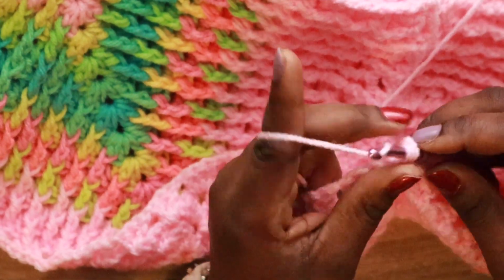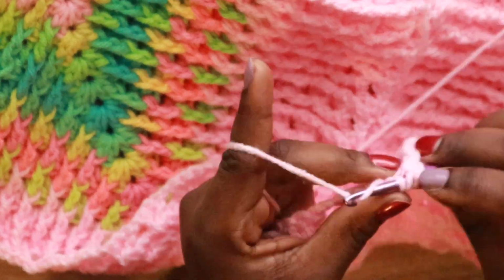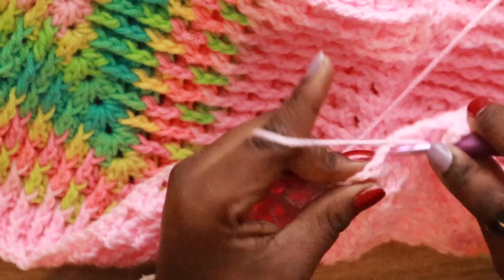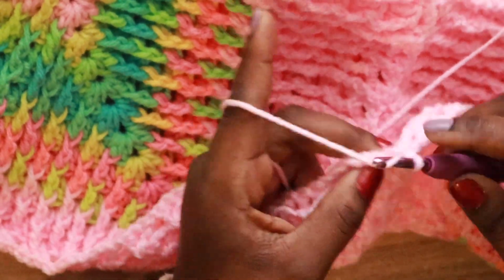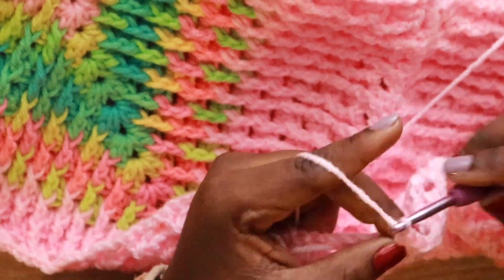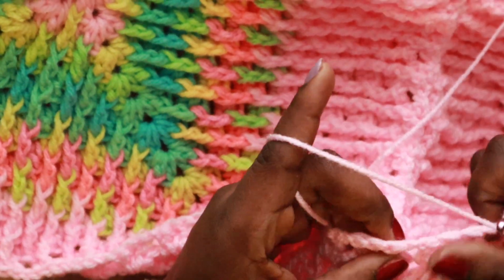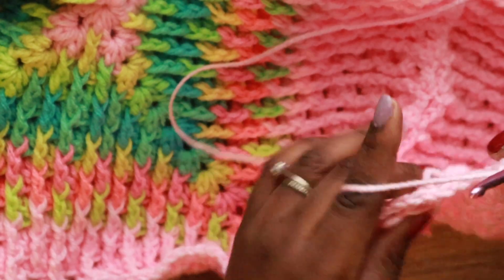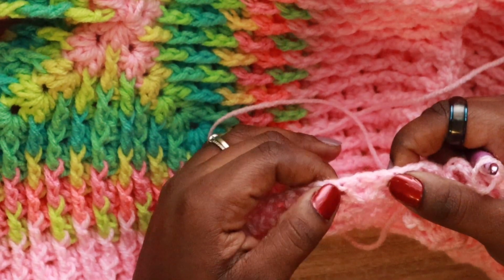So then you are just going to put 3 double crochets into those spaces that you can't do a reverse mosaic cluster in. So you're just going to make regular traditional granny square clusters into those spaces, and it should be, let's see, 1, 2, 3, 4, 5, 6. So you're going to make 6 traditional granny square clusters,